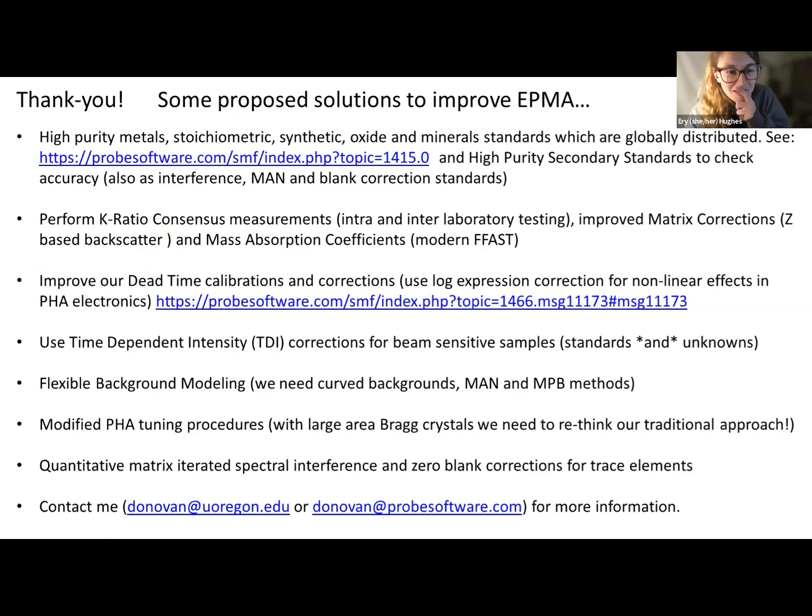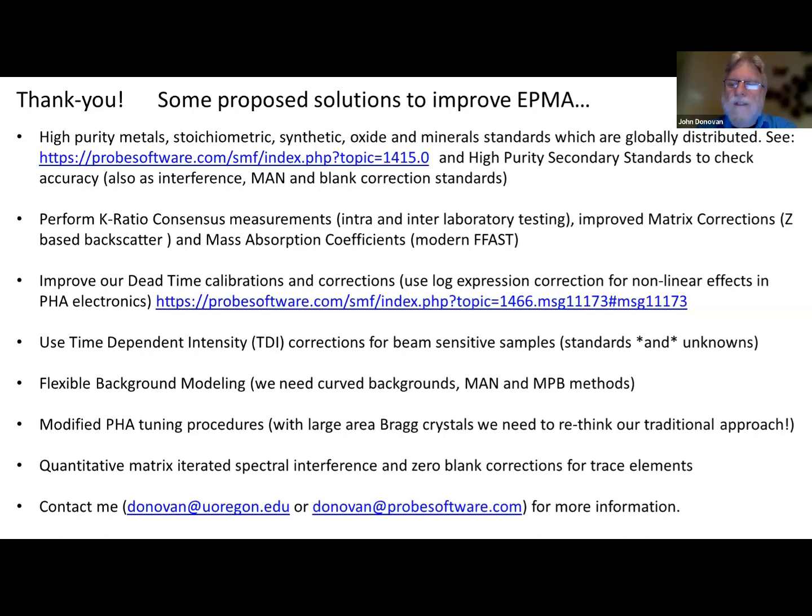Awesome. The second question is more about creating a global community. So I guess this is what you've talked about, and having standards and also best practices for working. I think there are journals that are publishing best practices and methods now, so there is information out there to look at. And also, your Probe for EPMA forum is a great place to find that kind of thing. Yeah, and I'm going to give a PDF of this to Jonas today, and then I'll post it on the forum too, where it stays permanently. It won't disappear after 6 months or whatever the deadline is. But yeah, there are best practices